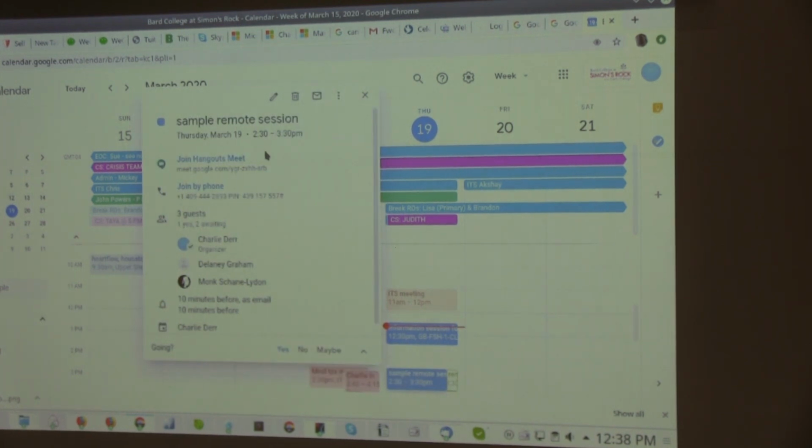Here's again the Hangouts Meet. You can email this directly. Sorry, if I can get my mouse to work. There we go. So you can copy and paste that into an email and send that directly to somebody if they're not in the Simon's Rock universe for some reason. So that's the way Meet works. It's all pretty straightforward,